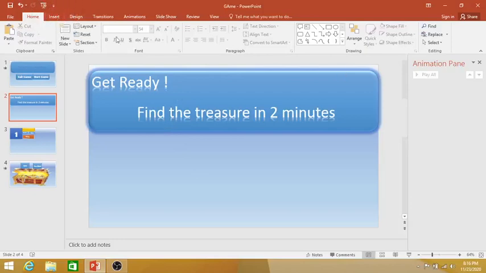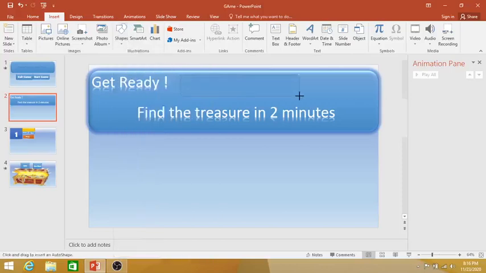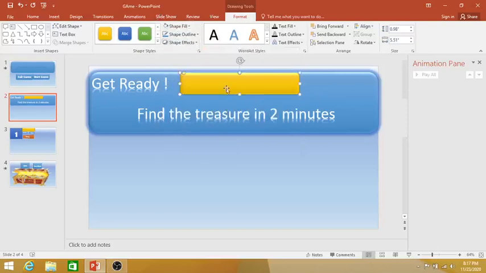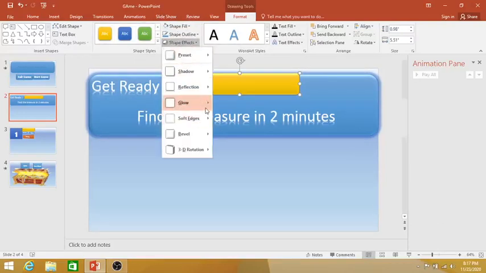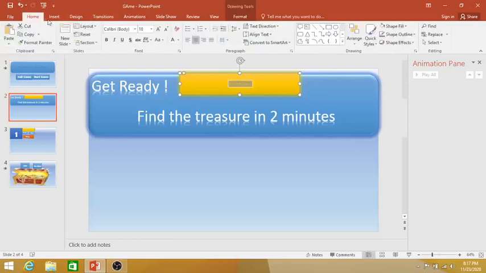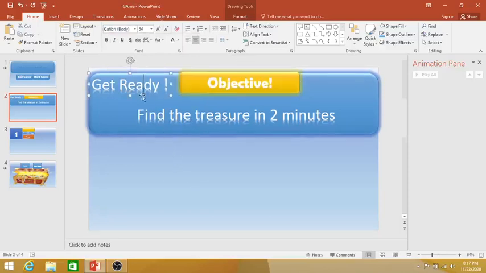So now we go to insert again, and here we insert shape, and again we create a rectangular shape over here, and there we go to themes, select a particular theme, go to shape effects, preset, and then select the second one, and then over here we need to go to shape effects again, go to glow and select any glow of your choice, and then you have to type the text objective, and here again we select the font size and go to font style Berlin Sans. We select that and then